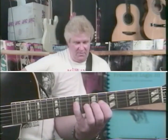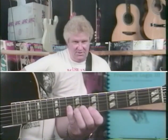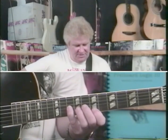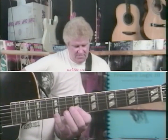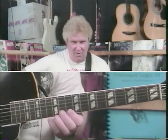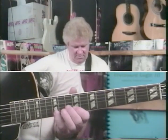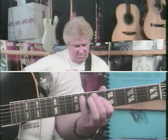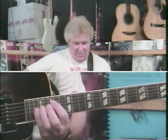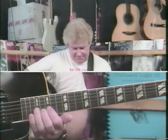But we move up 1 fret as we move up 1 string. When we get to the 2nd string, we have to move up 2 frets because it's tuned a half step lower. So we have to make up the ground. Then we're back up to just moving 1 fret as we move up to the last string. Okay, anyhow, our last arpeggio, the minor major 7,